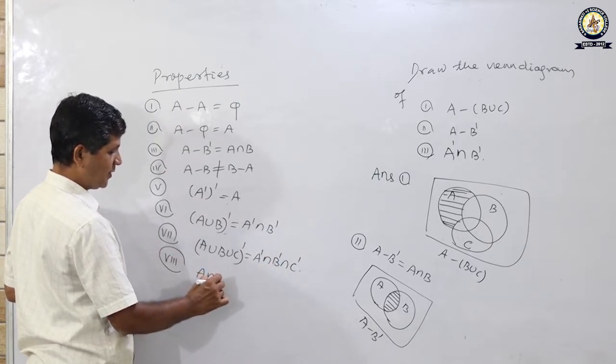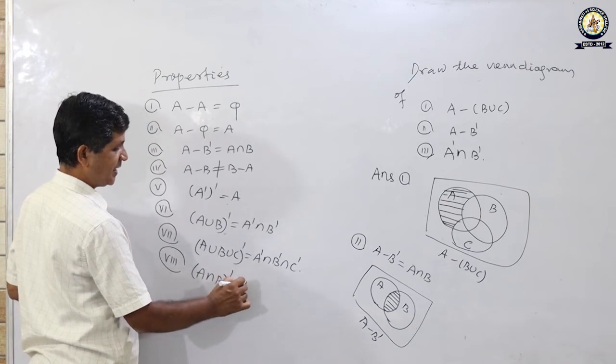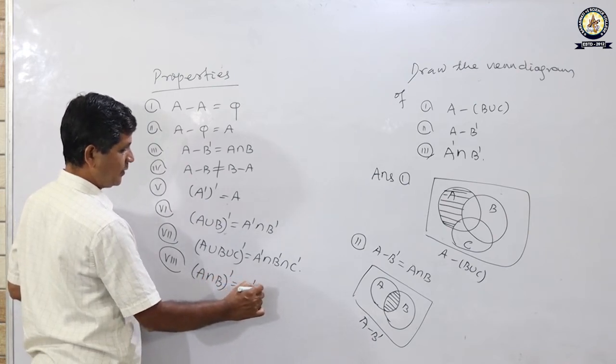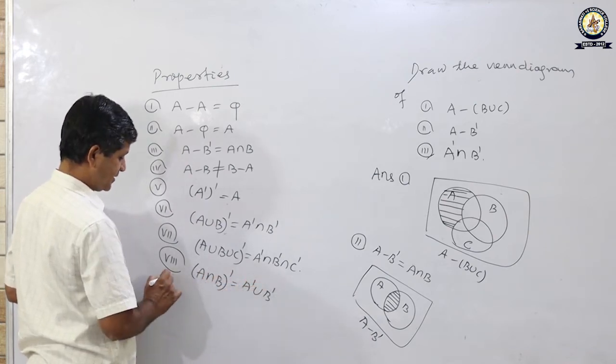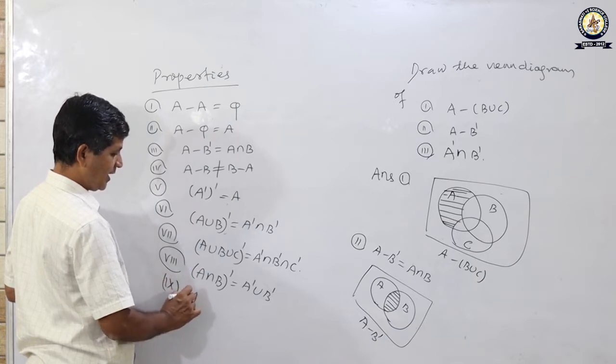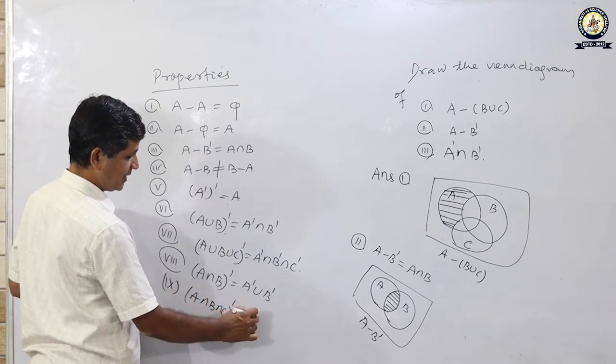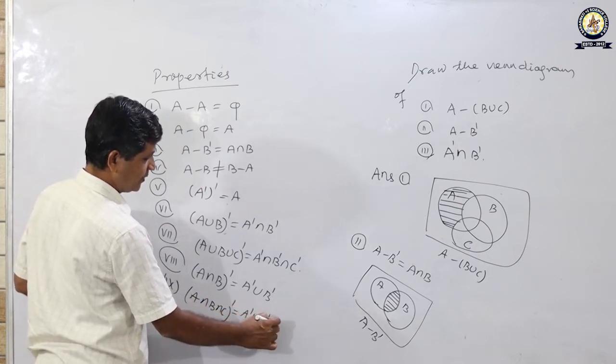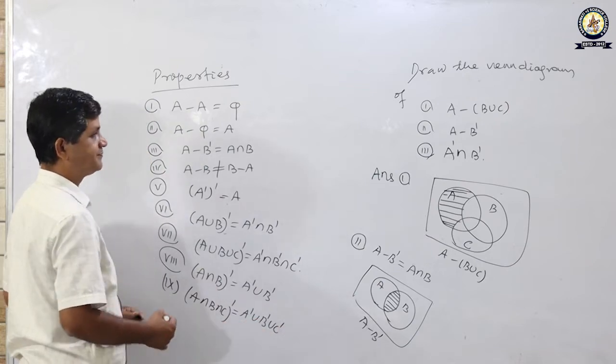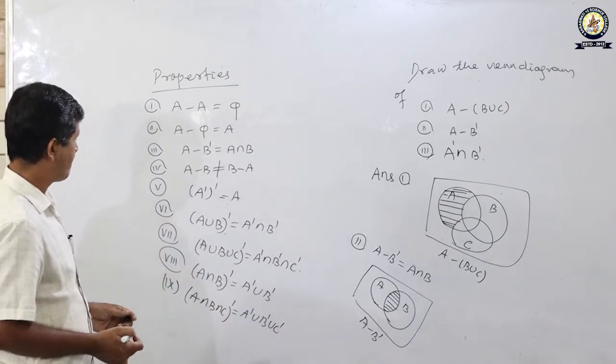A intersection B whole dash is A dash union B dash. What about A intersection B intersection C whole dash? It is A dash union B dash union C dash. Similarly,